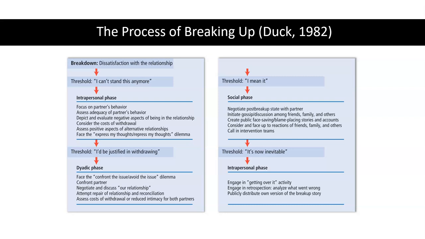So basically what you have is, in the dyadic phase, for if someone is really unhappy and they've reached this point of confronting their partner and telling them, this relationship isn't working for me anymore, here are the issues that I have, then attempts at reconciliation may be ineffective, partly because the person is already kind of building a commitment to leave. The partners may engage in their own cost-benefit analysis. And what's likely to occur in that dyadic phase, so inside the couple, is that there will be a perceived